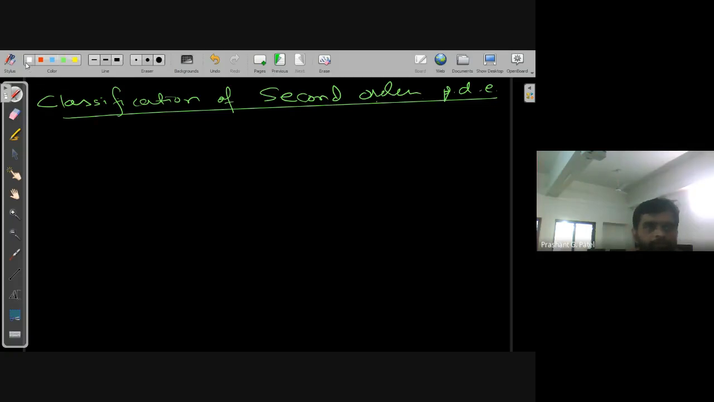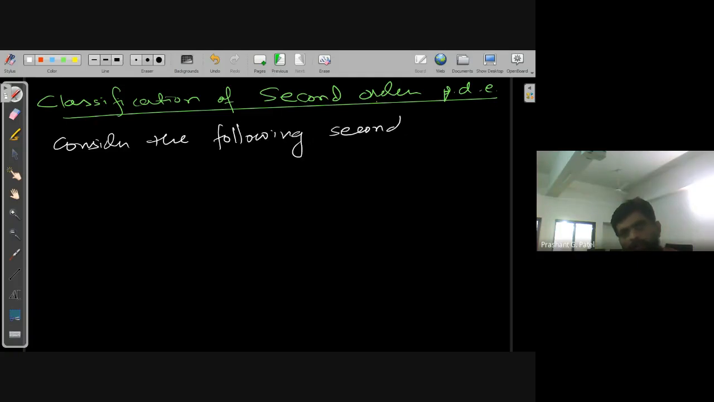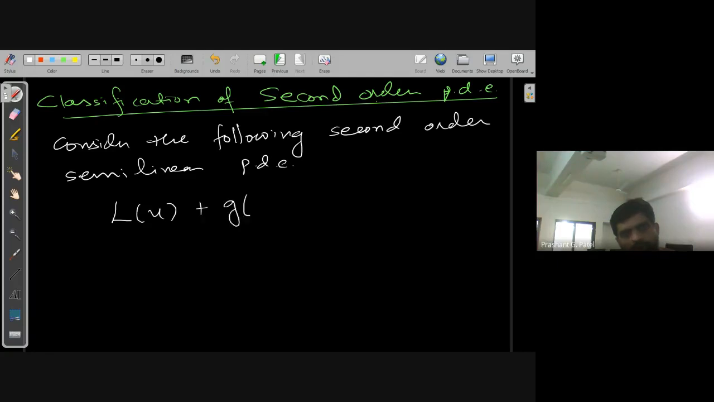That is, consider the following second order semi-linear PDE. That is L of u plus g of x, y, u, ux, uy equal to 0, where L is an operator which is applied on u, which is